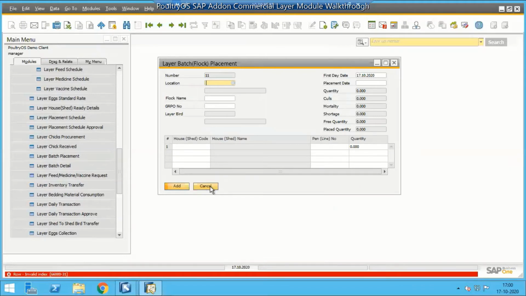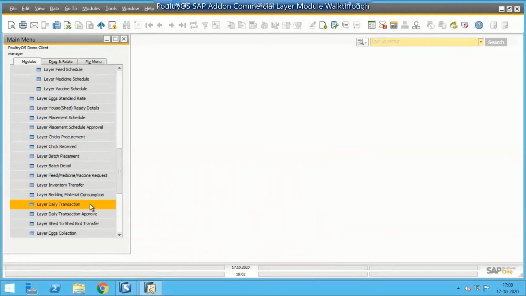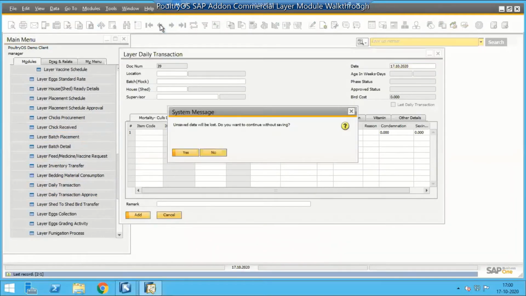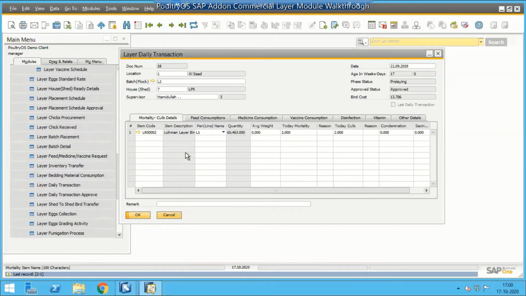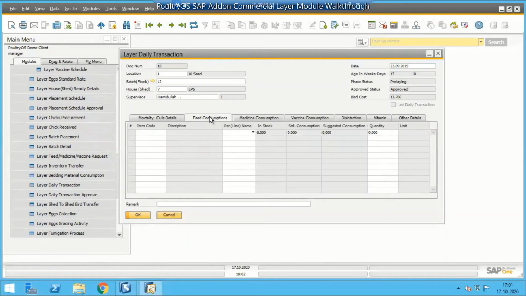Okay. Then once you have done the placement, your daily activities come into the picture, like the daily transactions. So here you capture every activity, let's say feed consumption, medicine consumption, vaccine consumption, like this. And this is flock-wise, shed-wise, house-wise. Right, because people are tracking the house performance also, shed performance also. That's why this is an activity of house-wise, batch-wise. Right. So here, mortality you can add. So when we are doing all these consumptions, we will also get a report which will tell us phase-wise expenses. Yes. Okay. Then feed consumption, same medicine consumption, vaccine consumption. If you want to use a herbal or non-herbal product, that facility is also available here.